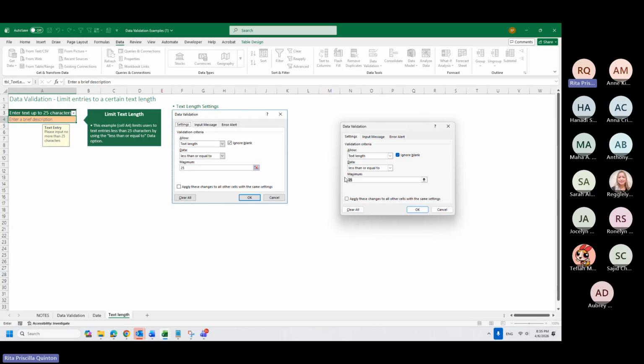So I want to put a limit on how many characters they can use for a given column. This can be useful, especially when we are uploading files and the portal limits us to 100 characters, for example.